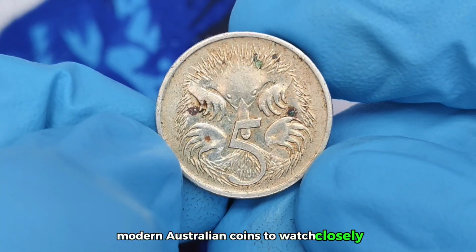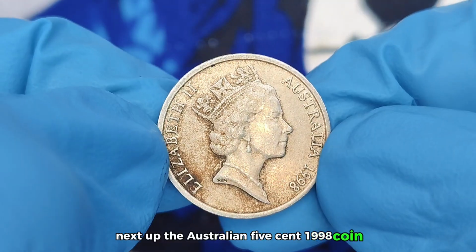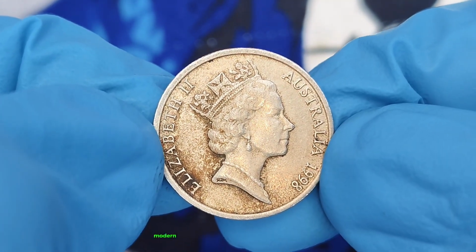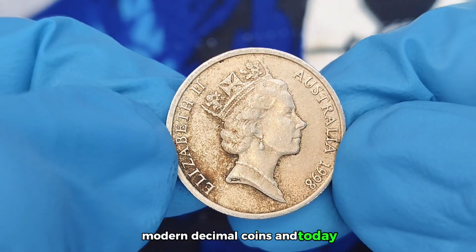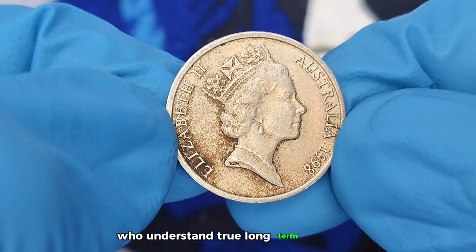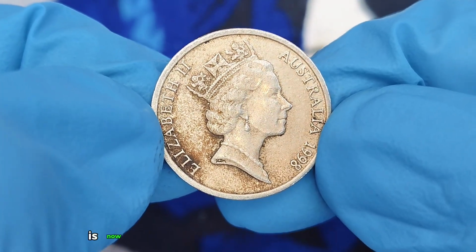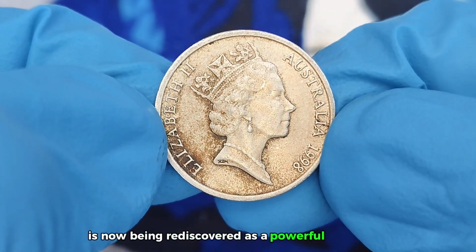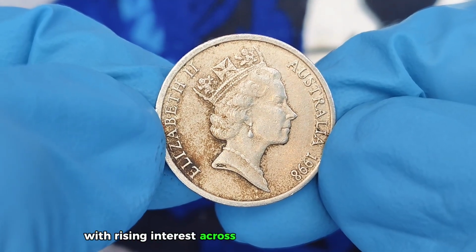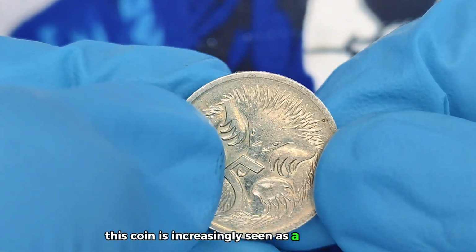to watch closely. Next up, the Australian 5-cent 1998 coin in extra fine condition is quickly becoming one of the most talked about modern decimal coins, and today it is capturing the attention of collectors who understand true long-term potential. What once seemed like an ordinary pocket change coin is now being rediscovered as a powerful collectible with strong market energy. With rising interest across auctions and private sales, this coin is increasingly seen as a smart piece for those